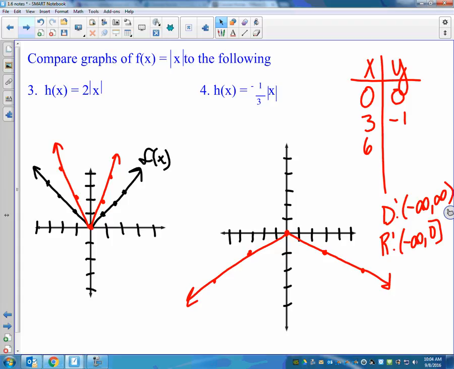And then on the back, I just have 2 questions where I told you the transformation and I want you to write the